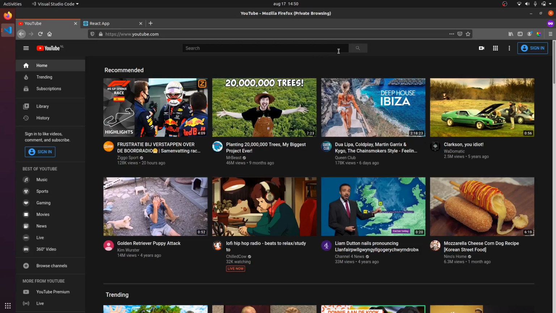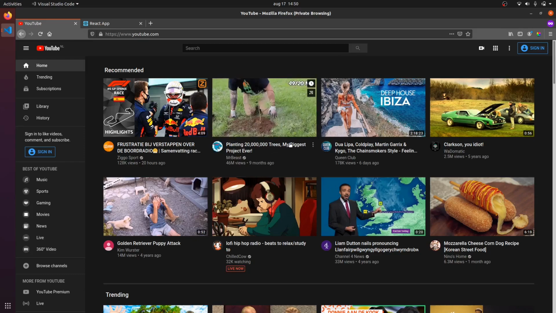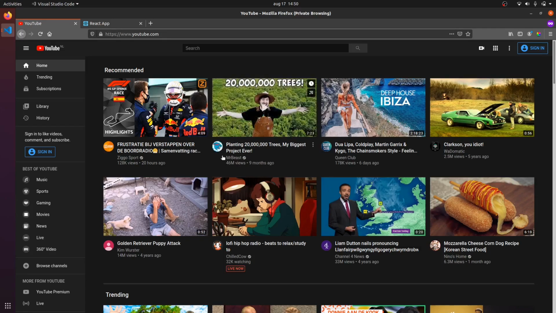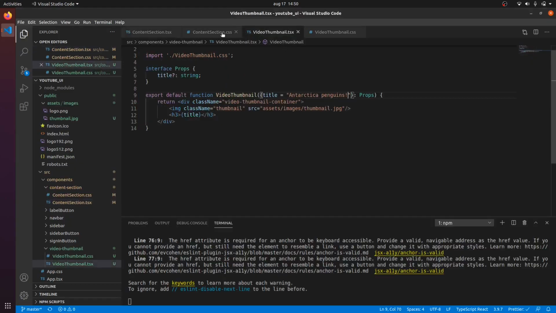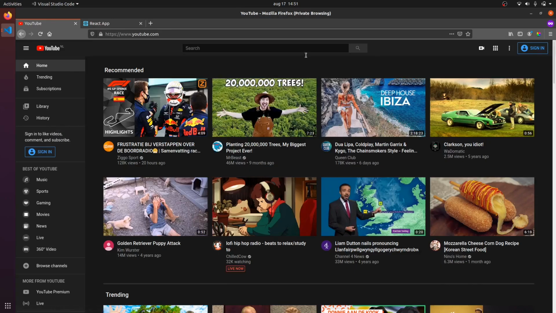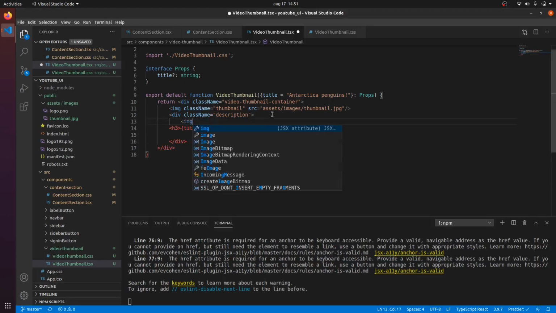I think I'm going to do this by creating another grid, since we have here one grid column and here another, I think. I could also use flex, but then I don't think that I will get the nice spacing which we have right here. So I'm going to be using a grid for that as well. Let's see, we have a grid right here, which will be description, and in my description I have a title, I have an image which will be the channel icon,